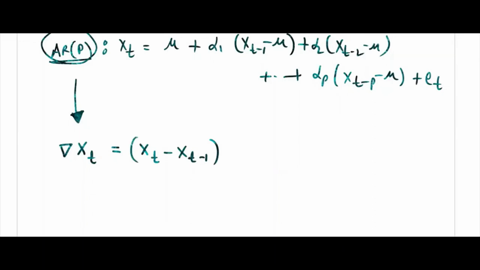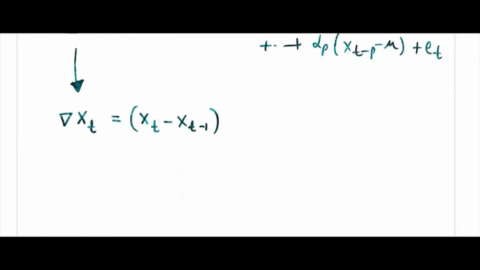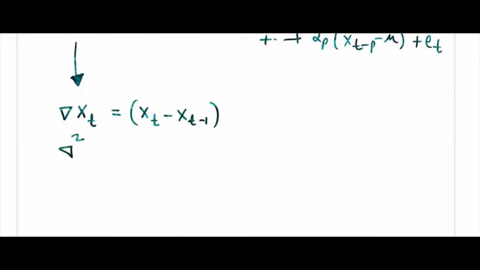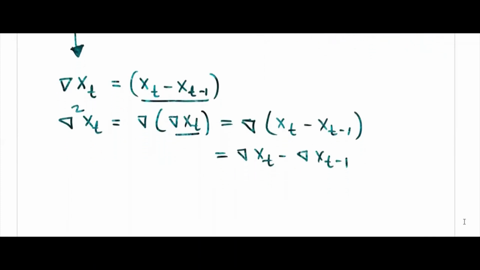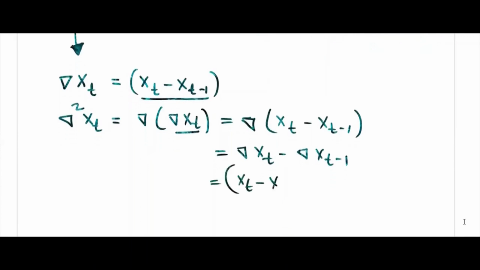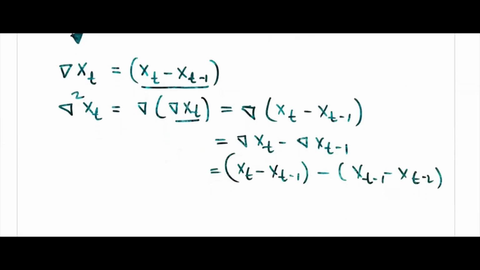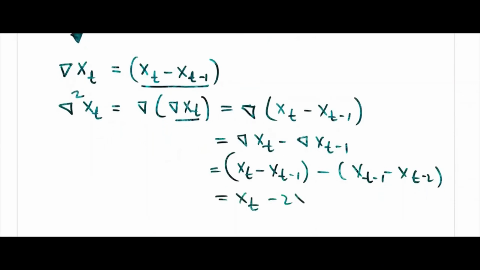The difference between the last one and this one. Okay, so if you find nabla square xt, then what will happen? It will be this, right? Nabla xt, and that will be, here you put xt minus 1, then it will be nabla xt minus 1, and here you put this one once again and the corresponding value, here xt minus 1 minus xt minus 2, and finally this will be xt minus 2 minus xt minus 1 plus xt minus 2. Okay,